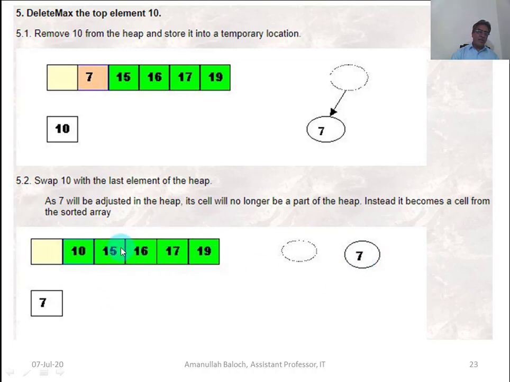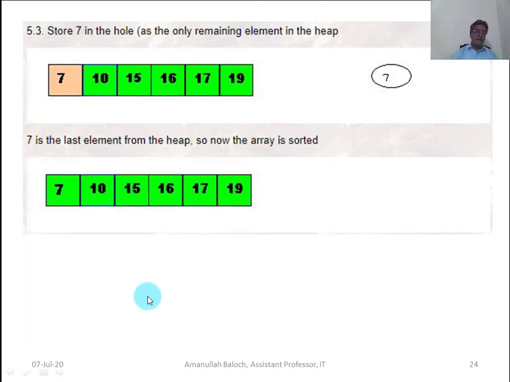Now this is a sorted array, and there is only a single element, so the heap sort will place it at its first position, and this will happen because it is not violating the max heap property, and it will be shifted to position number 1 of the array.